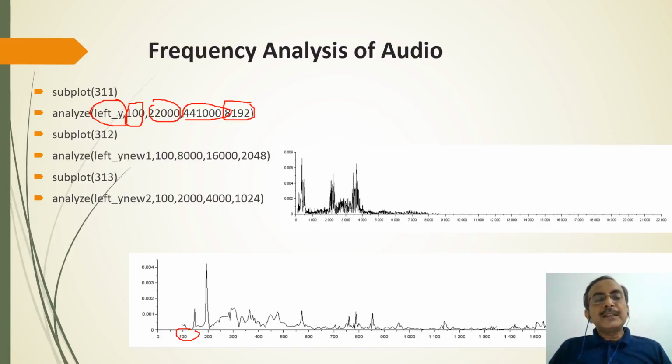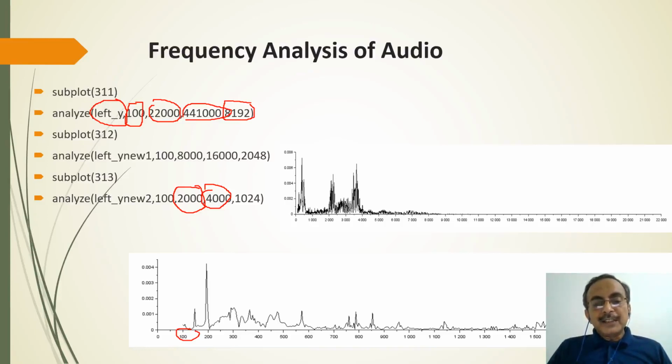However, this may not be very essential for those who are not from the electrical, electronics or computer engineering background, but this gives an idea of how much resolution we can have in the frequency spectrum. So it is clearly seen that in the first case, the spectrum extends up to the 22 kilohertz range, while in the last case, when the sampling frequency is only 4000, the spectrum only has frequency components up to 2 kilohertz, which can be seen in the plot which is attached.